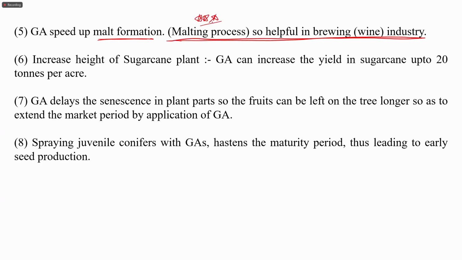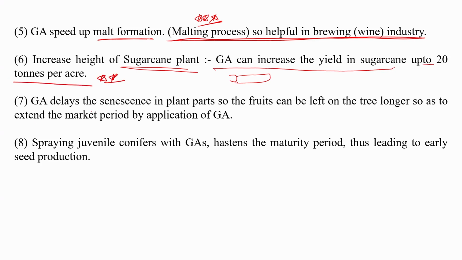This is a commercial use. It increases the height of sugarcane plants. We know that it can act on the nodes and internodes. Therefore, it can increase the yield of sugarcane up to 20 tons per acre. GA delays the senescence in plants, that is, it delays aging. So the fruits can be left on the tree longer so as to extend the market period